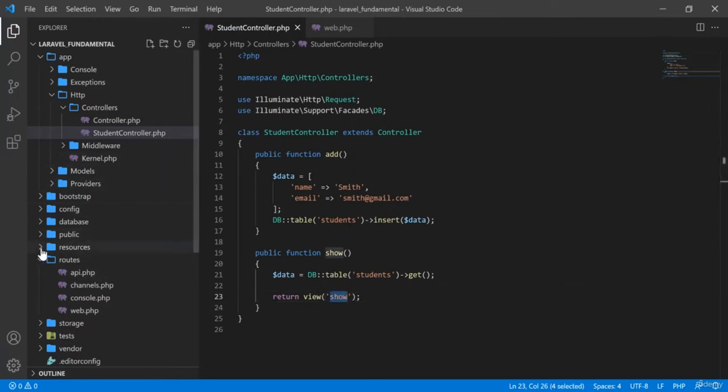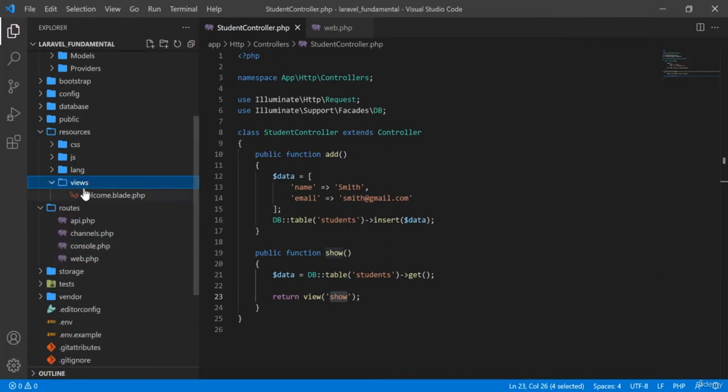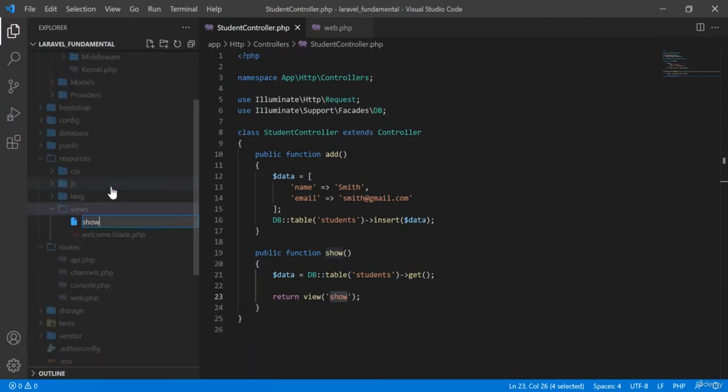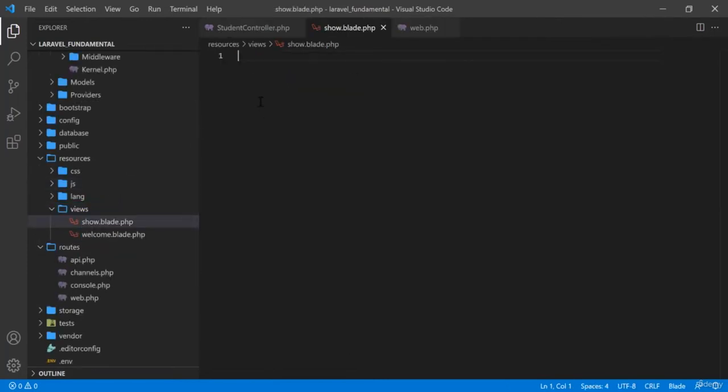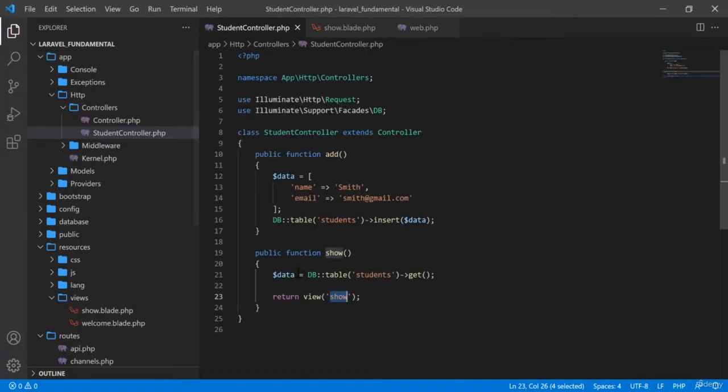Now in the resources I am going to the views folder, then here I will create a new view, show.blade.php. And here you can show the information. Here suppose I am going to pull all students, and this one I will pass through here. Remember that you can pass information using this system, or if you want you can just use all students here,